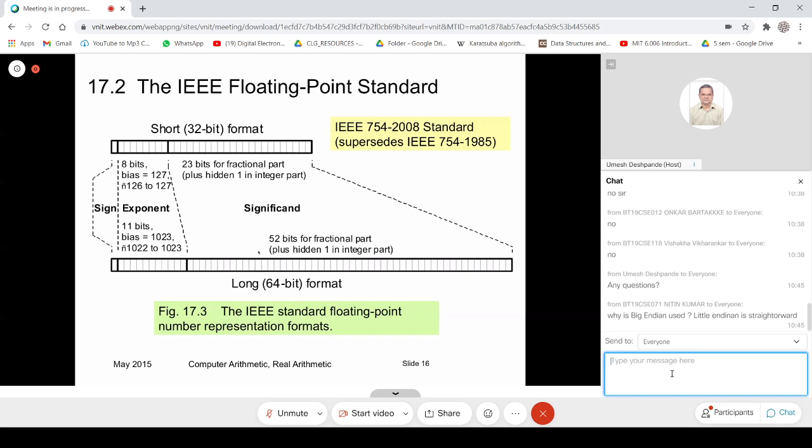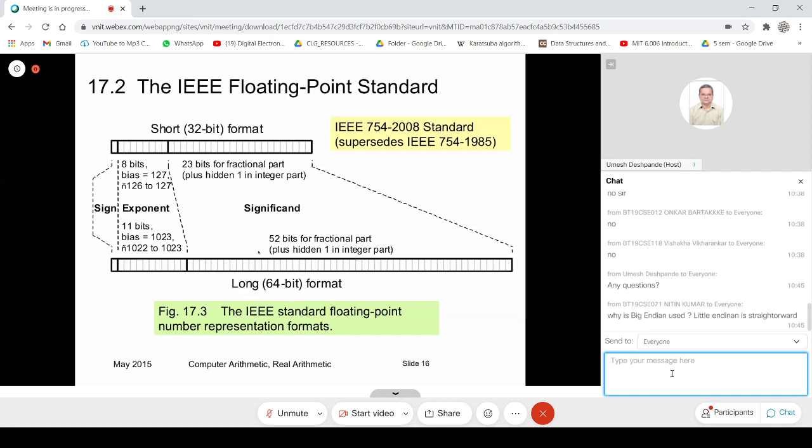Right. Let's now come to the IEEE floating point standard, which has become the de facto standard of representation of any real number. There are two forms. One is the short form, where we have a 32-bit format of representation of a real number.